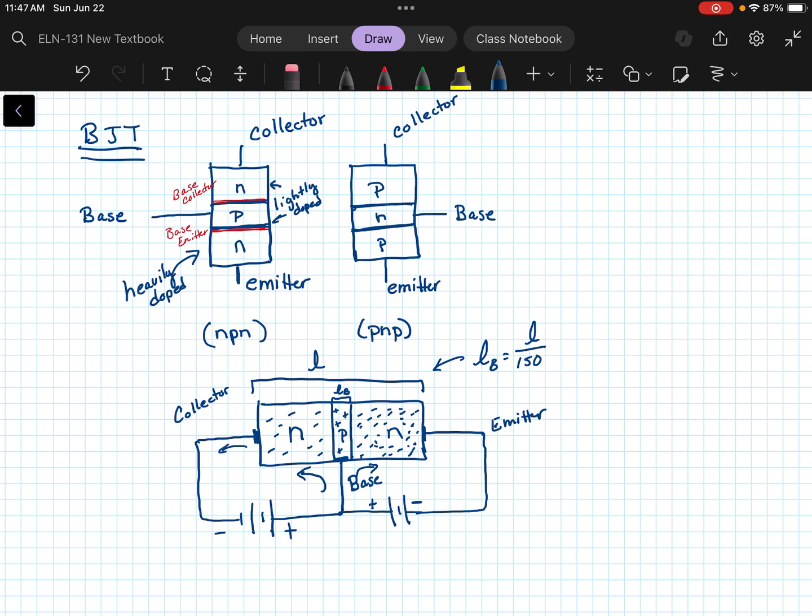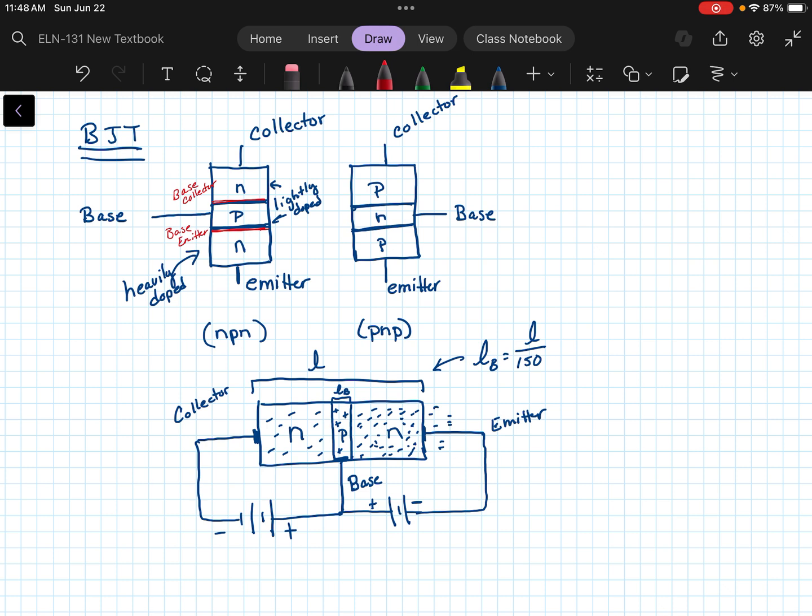All of these negative charges coming from the emitter are repelling the negative charges and pushing those across, and they're going to just take over and dump electrons into the collector. So what we're going to see here, in terms of conventional current, is